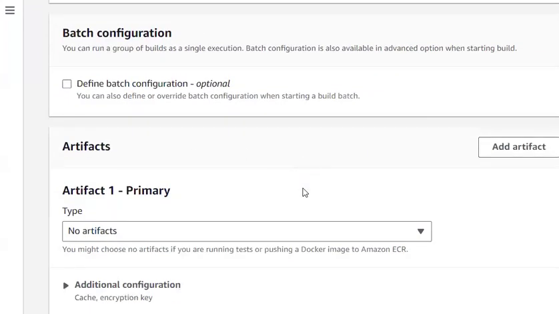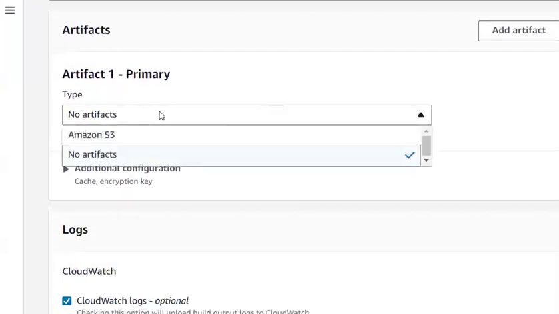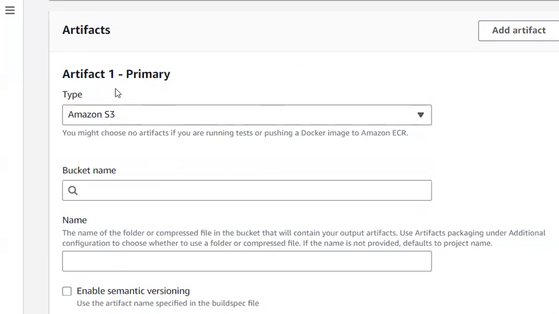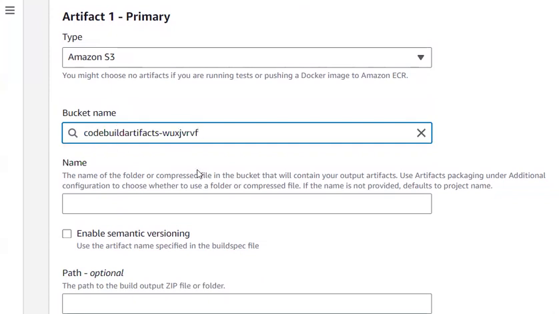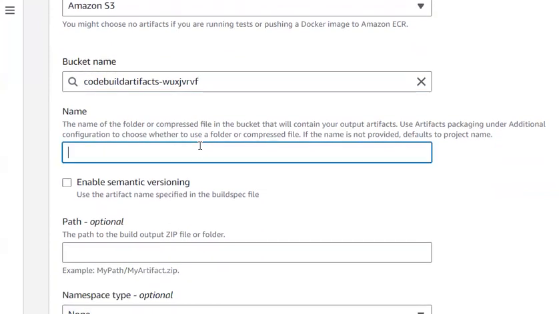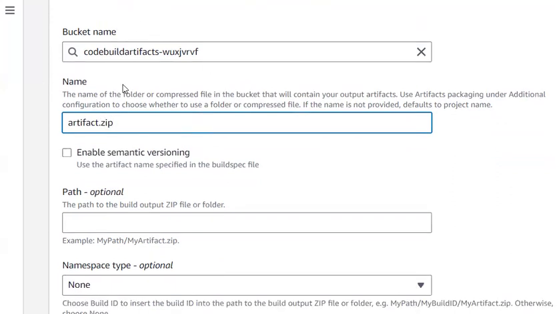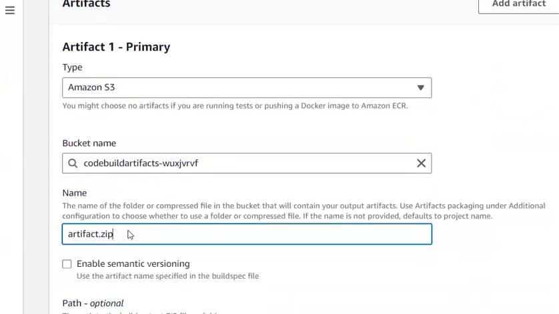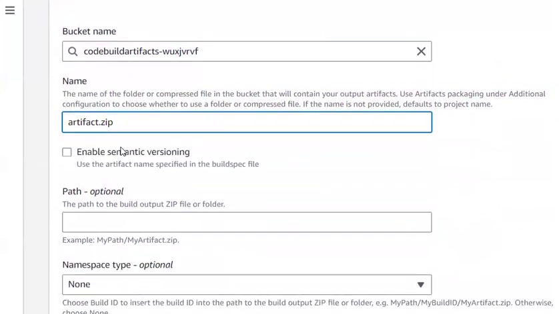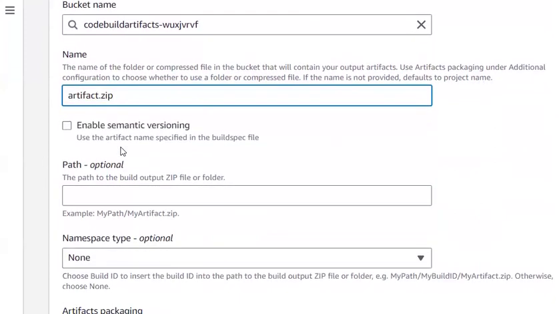Then after, you can see artifacts, where you want to store your artifacts. For deployment, you use these artifact files. Currently I'm expecting to store them in an S3 bucket. So in this code build artifacts bucket, I'm storing those artifacts, and I'm providing the name, that is artifact.zip. These artifact files, which are the result of testing, will be generated, and I'm storing them as zip files